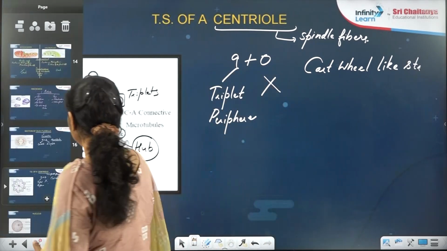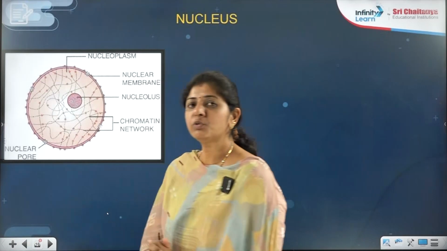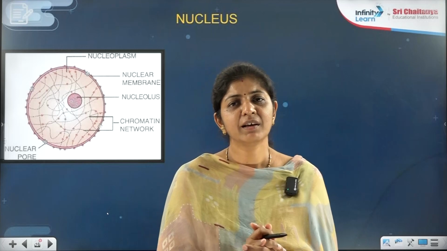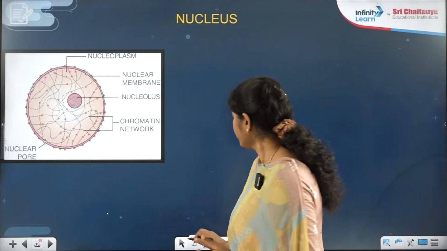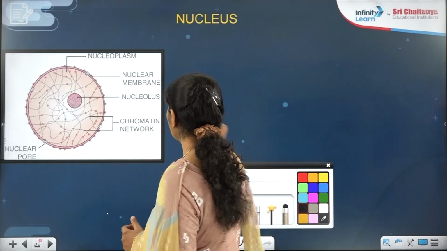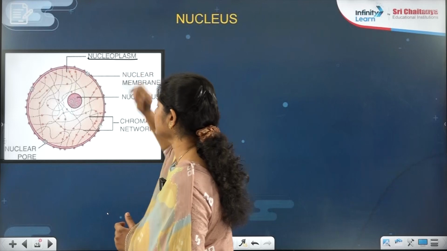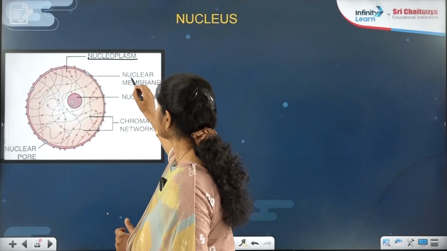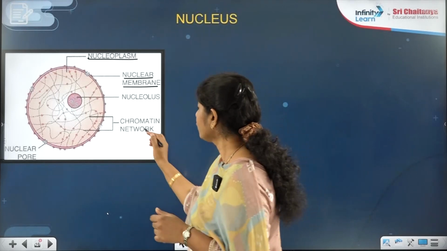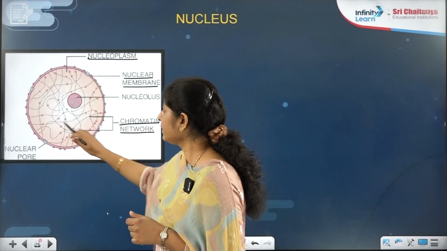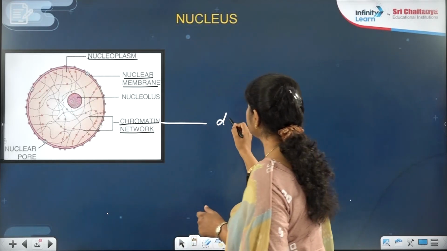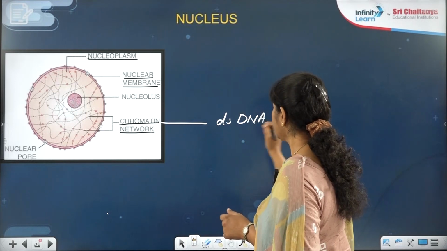Now the last organelle which we have to take is the nucleus, the boss of the cell, which is controlling all the activities of the cell, the controller of the cell. The main important point: the stuff which is present inside, you call it what? That is the nucleoplasm. And this nucleoplasm is surrounded by the nuclear membrane. That's why this is a true type of nucleus. And chromatin material is present here in the nucleoplasm. And this chromatin material consists of double-stranded DNA, right?